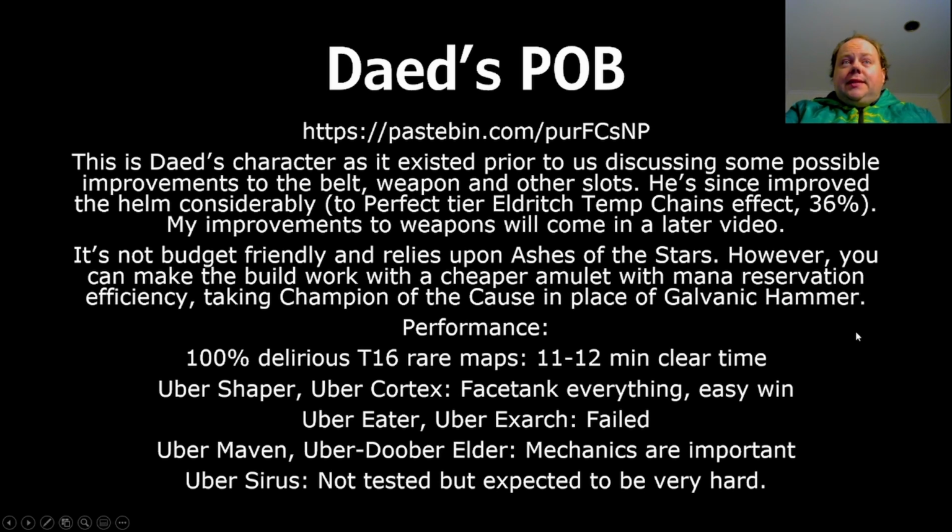Performance of this build so far. 100% Delirious Tier 16 rare maps are taking about 11.5 to 12 minutes to full clear. Uber Shaper and Uber Cortex are trivial. Face tank everything, easy win. Uber Eater of Worlds, Uber Exarch, these are really hard. The build lines up really poorly against the unique challenges of those bosses, and Daed has not had success in